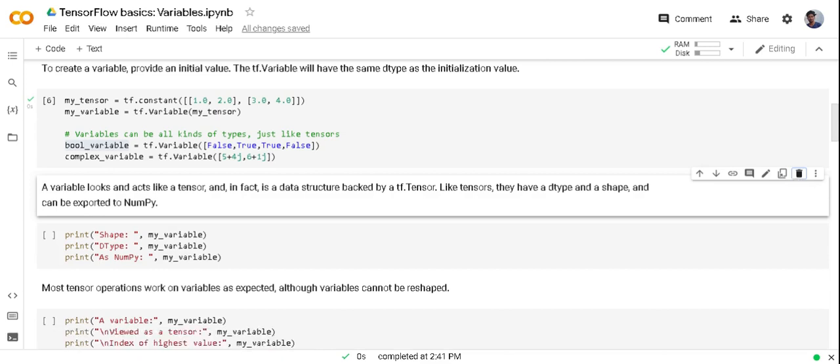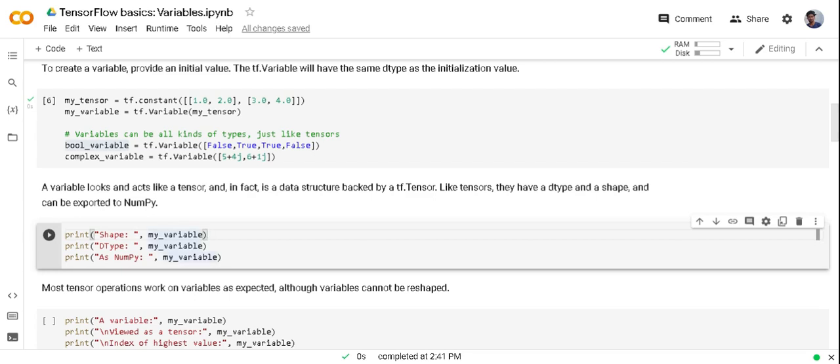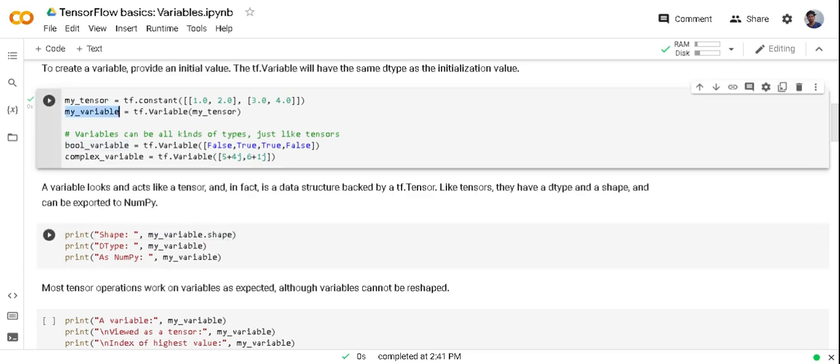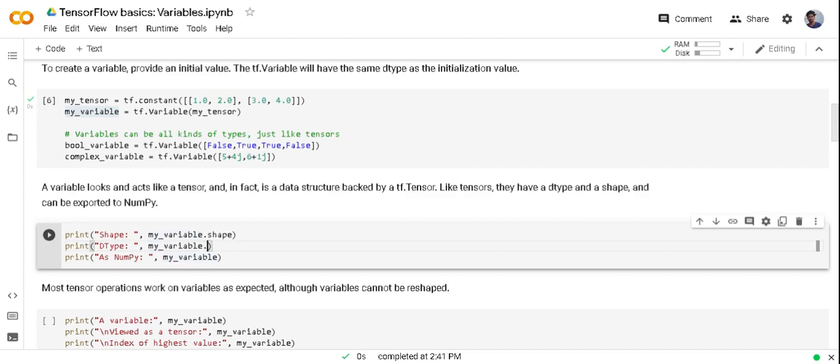Operations we have done in tensors we can do on variables too, because variable is just a tensor. Like in backend it is a tf.tensor, used to structure data. So you can use my variable dot shape to extract shape. My variable is here, I already created, and to check data type we can use dtype. We can also extract as numpy.